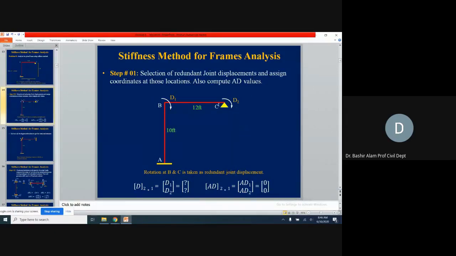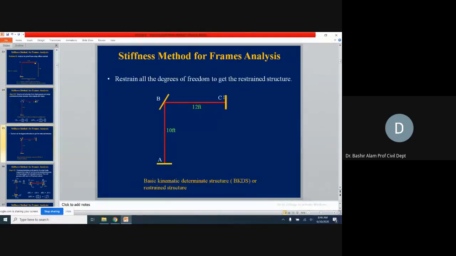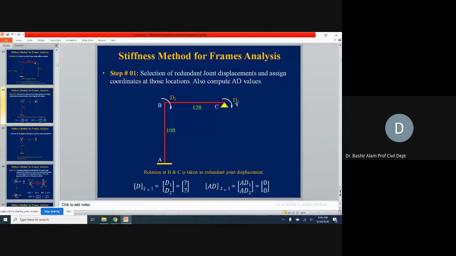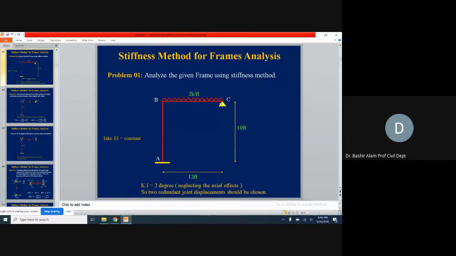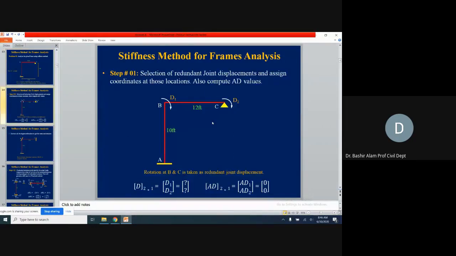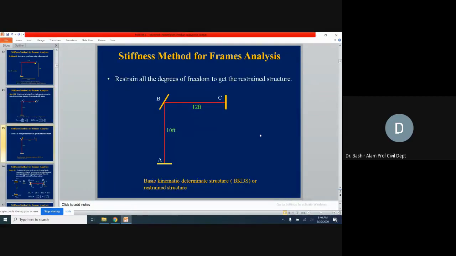Similarly, corresponding to D2, we don't have any externally applied moment, so it means it is also 0. So we declare this AD2 also is equal to 0. D1, D2 we have labeled, and then corresponding AD1, AD2, and we have constructed this AD matrix. Step number 2 now. For step number 2, first what we do, we make the structure kinematically determinate, which is